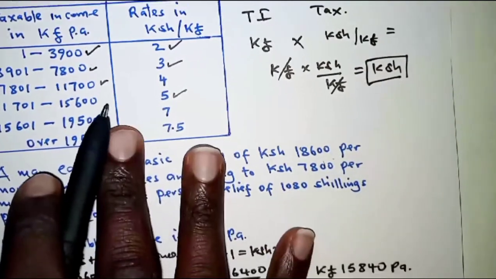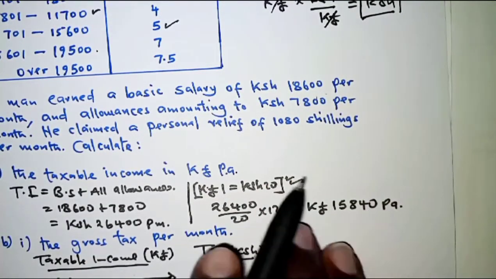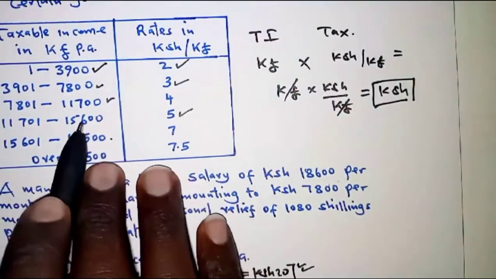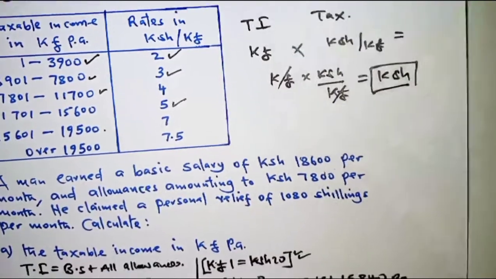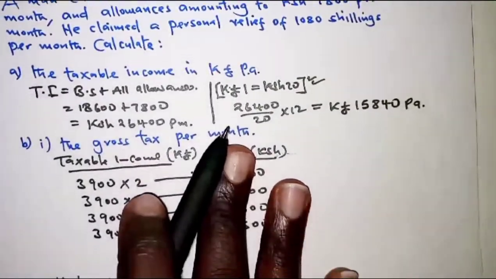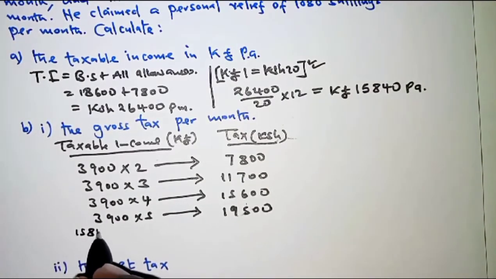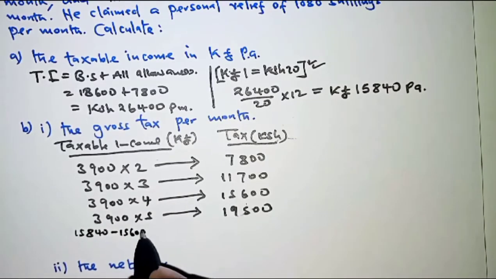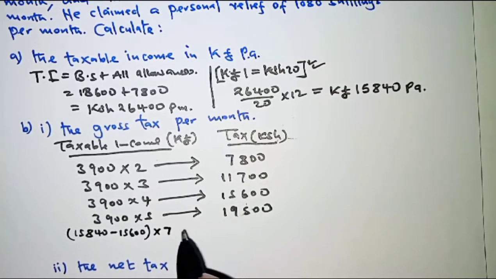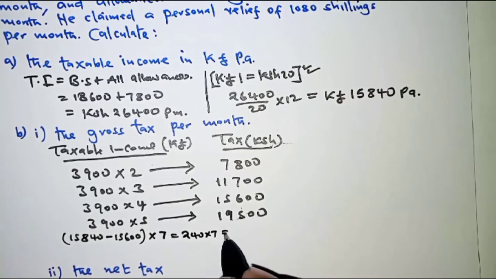But instead, we are going to use whatever we had as the taxable income, and that is 15,840 minus the previous one, that is 15,600. So in other words, what we have is 15,840 minus 15,600, and then you multiply by the rate there, which is 7. So that means we'll have 240 by 7,